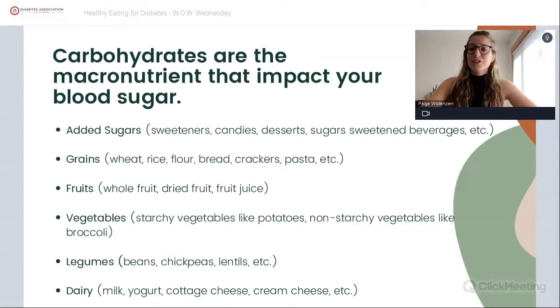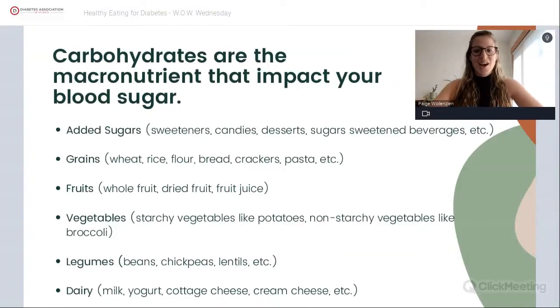So added sugars, obviously, if we're having just sugar, white sugar in any desserts or candies, other sweeteners such as honey, maple syrup, sugar sweetened beverages such as soda, sweetened coffees or teas. These are all considered added sugars. They're considered a carbohydrate. Next up, we have grains, which I think this category is kind of the poster child